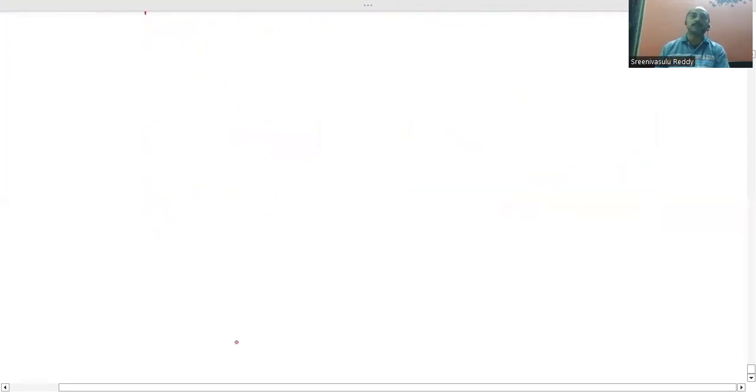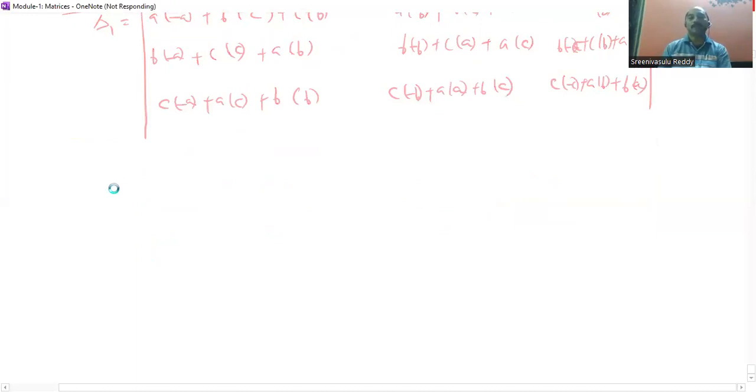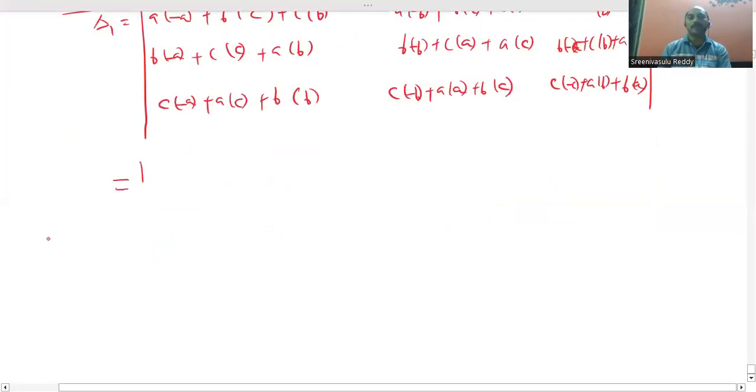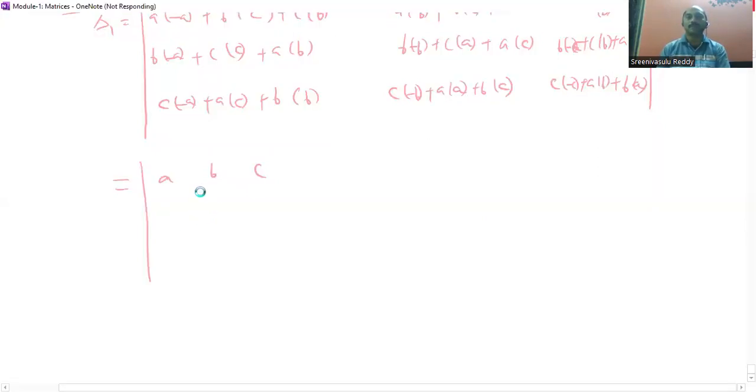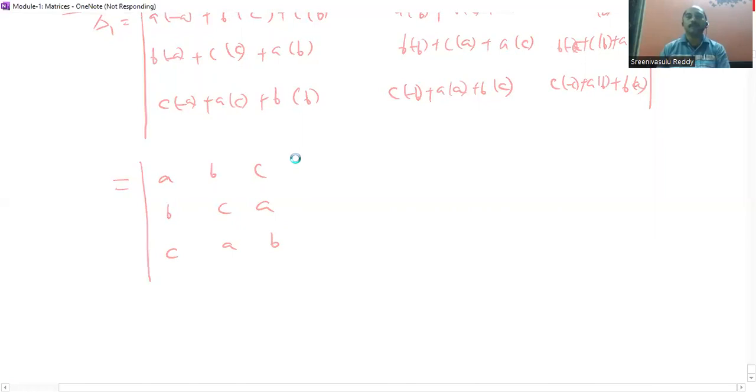Now you observe that it is a product of two determinants. Usually I am using the word matrices many times, but it is determinants. Det of first row A, B, C. Second row of the first det is B, C, A. Third row is C, A, B. First det value into